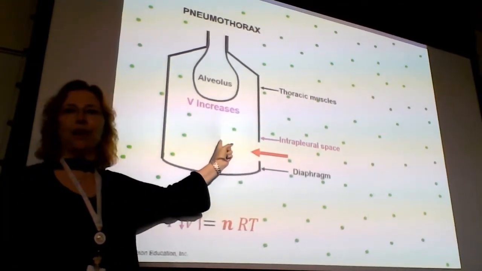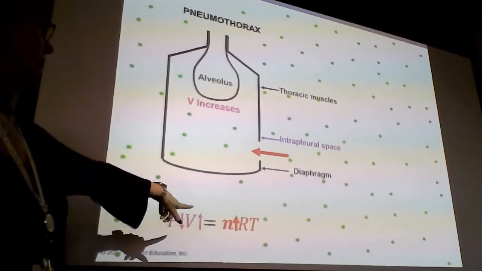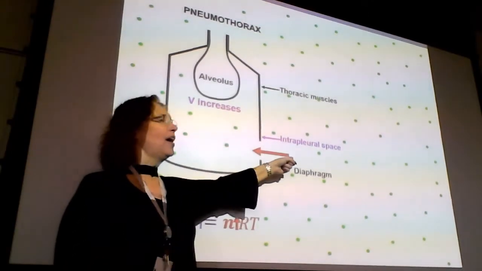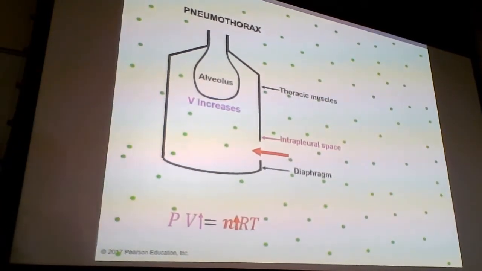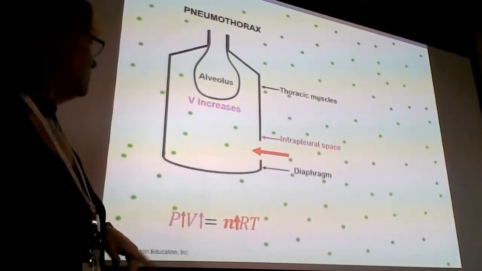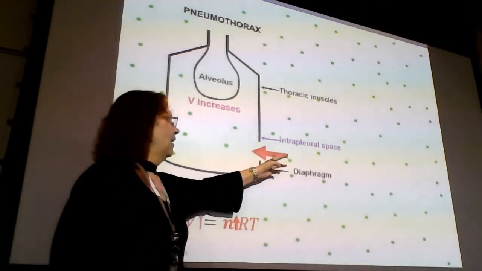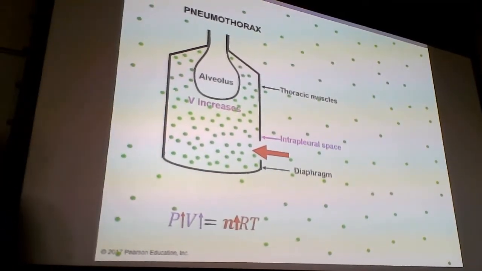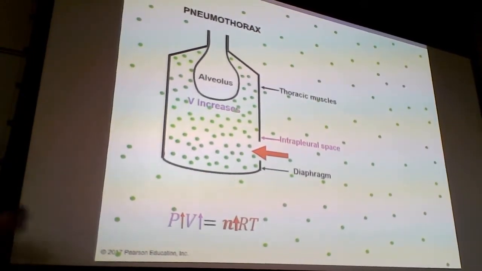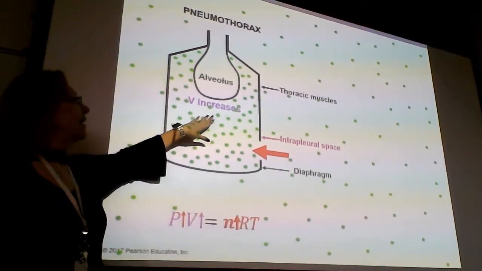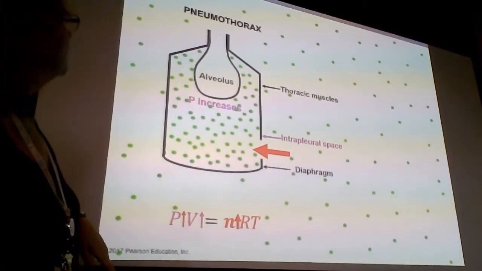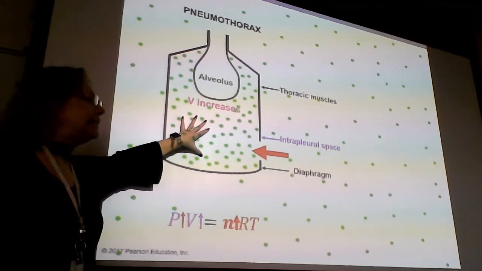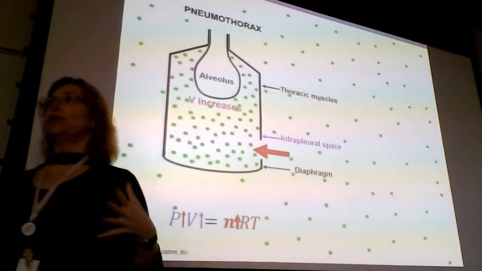If air comes into my pleural cavity, therefore N increases, my pressure between here and here equalizes. Does that make sense? Okay. If my pressure between those two equalizes, then I have more air coming in here until eventually this fills. Now remember, it was the increase in volume causing the decrease in pressure. Okay. So it was the increase in volume causing the decrease in pressure here that allowed the alveolus to